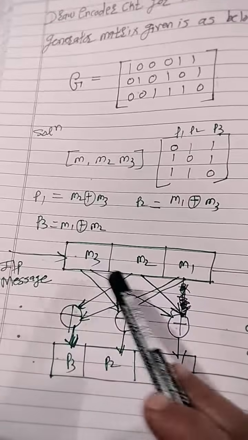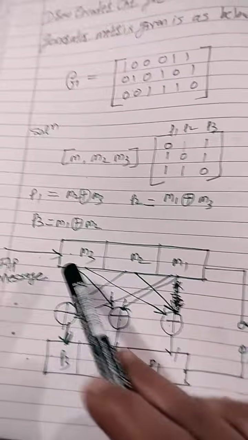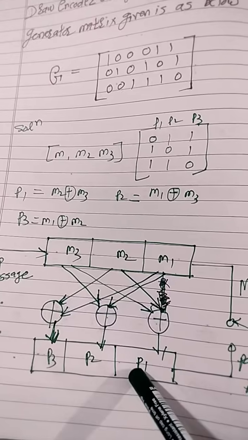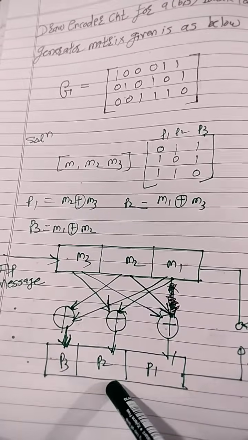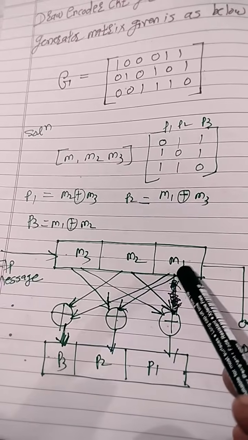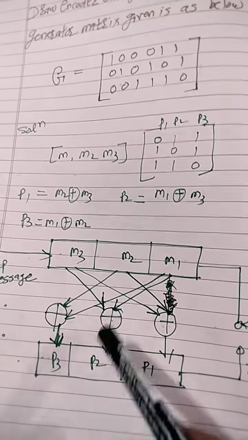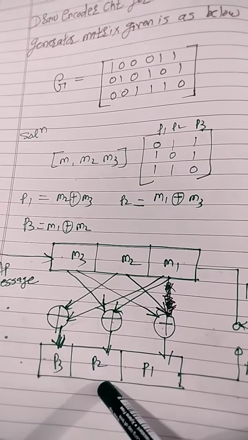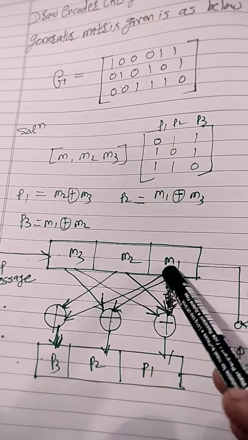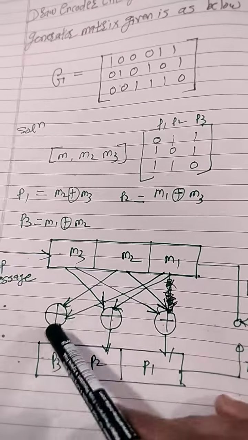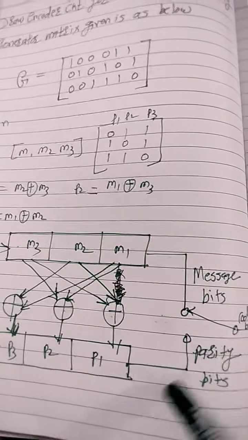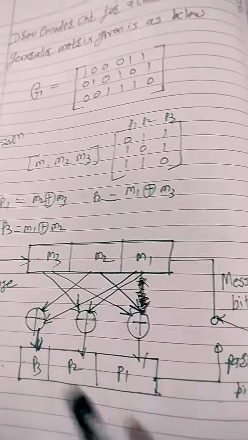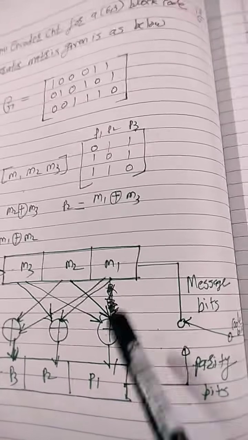Then input message comes from this side, then M1, M2, M3. P1 is M2, M3. P2 is M1 and M3. P3 is M1 and M2. First message bits will be out, then parity bits, like M1, M2, M3, then P1, P2, P3, which will form